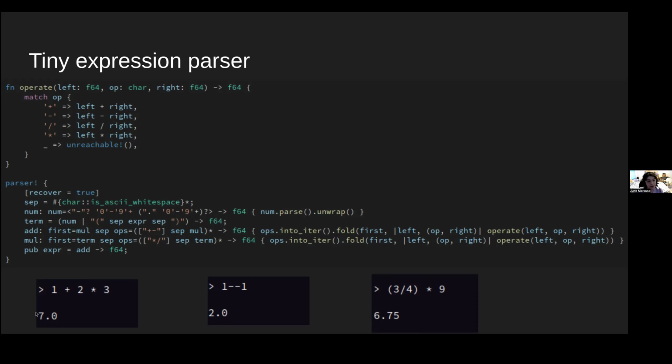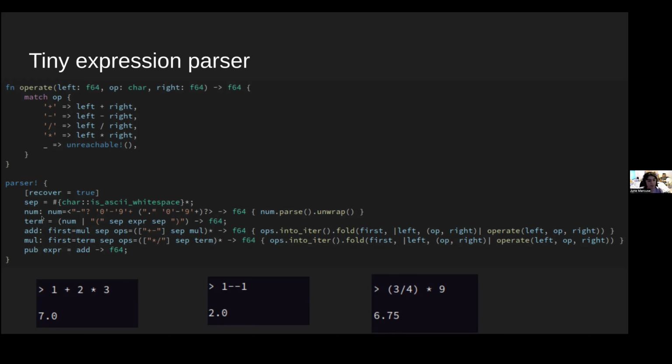And down here, this is the entire expression parser, and it is capable of handling order of operations, as you can see, and parenthesized expressions. And I don't use the shunting yard algorithm or anything. The only trick that I have to do for this is say an addition is composed of multiplications, where a multiplication could just be a single term without any operation at all.